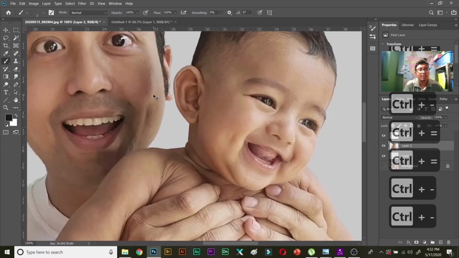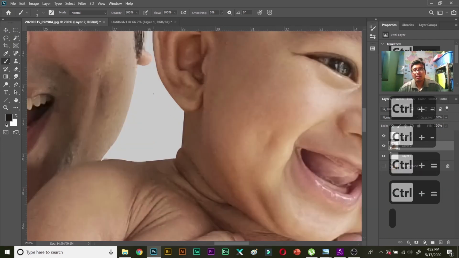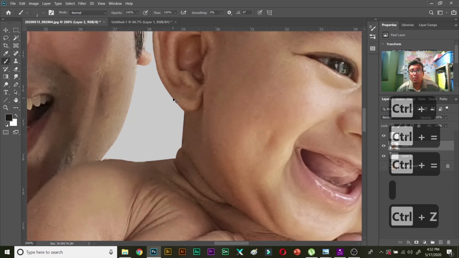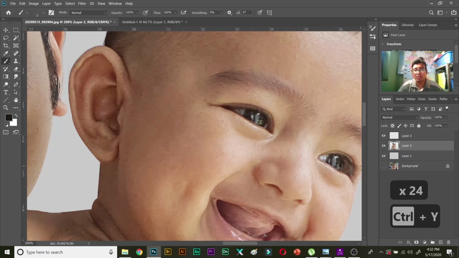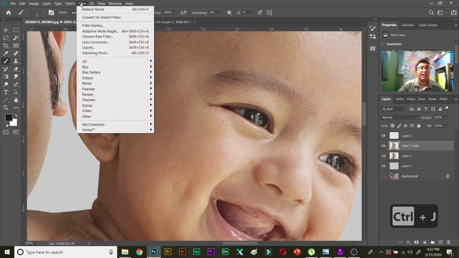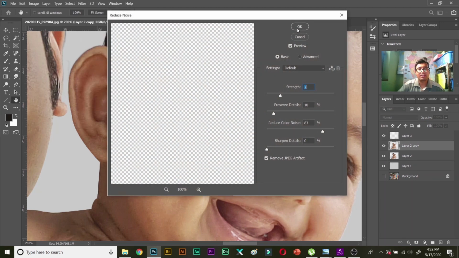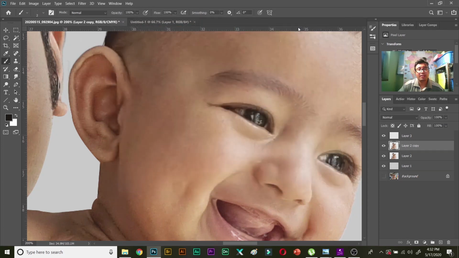If you are not happy, you can always let it go and then do it on your own. Better make a new layer with Control J and then add the noise reduction, filter noise and then reduce noise, and then when you click OK, you can see the noise is gone but the eyes are not sharp.